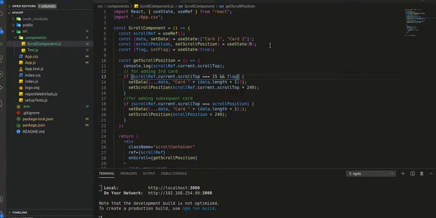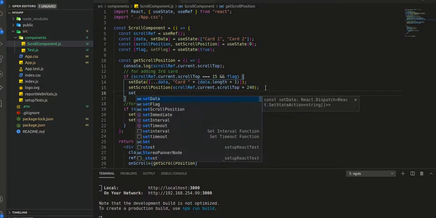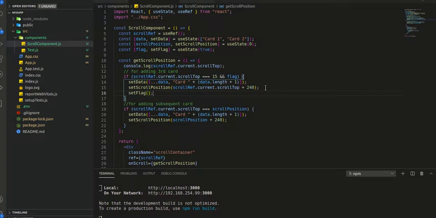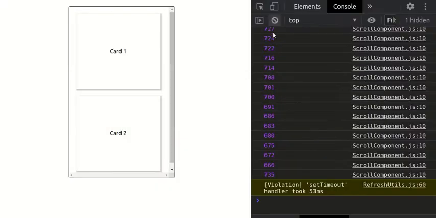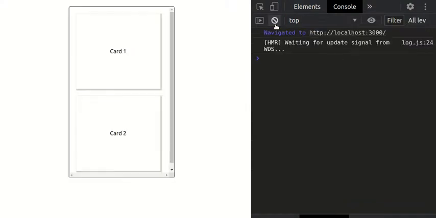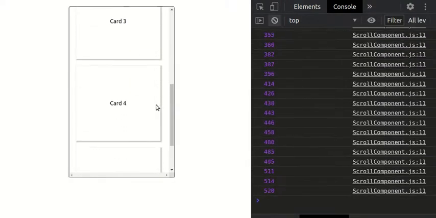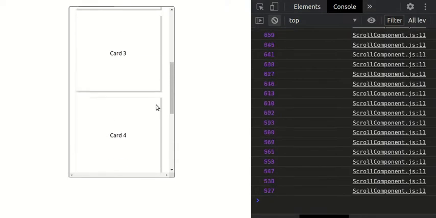If that flag is true, then only we want this condition to be executed, and after this condition has completed its execution, we'll set the flag to false so that it will never be called again. Even if 15 is encountered, it will still not call this condition again, so that our logic will not break. Now if we check, cards are adding dynamically, and if we go above and encounter 15,